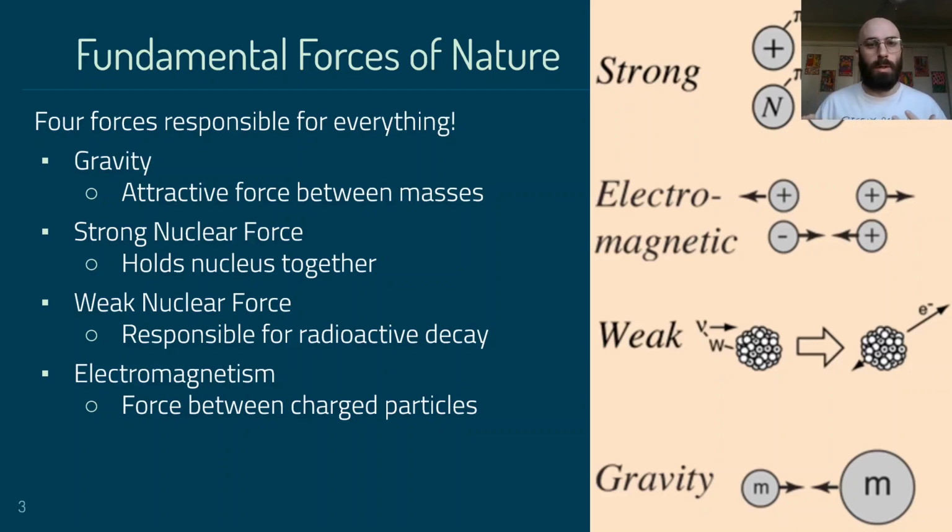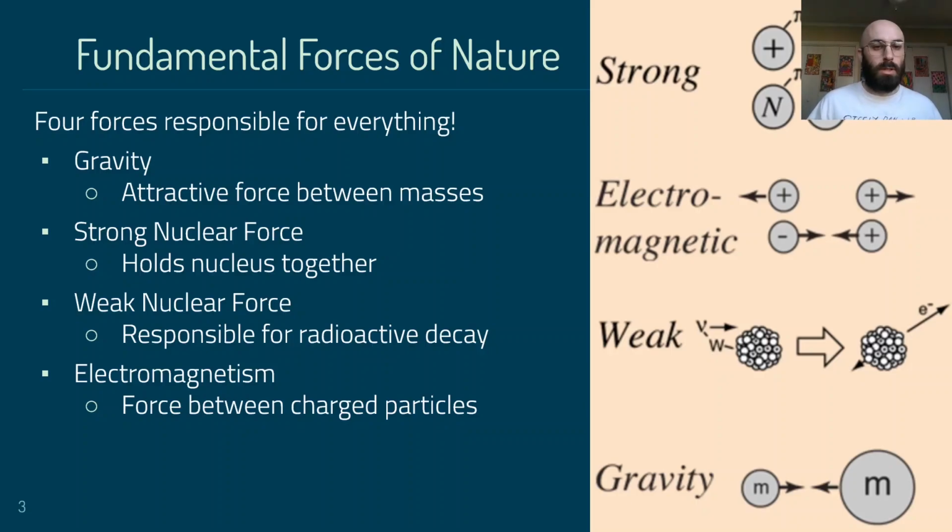These are the four fundamental forces of nature that are responsible for every action that happens anywhere in the universe. They're gravity, the strong nuclear force, the weak nuclear force, and electromagnetism, which is what we're interested in. But just to give a brief overview of all of them, gravity is basically that attractive force between two masses, right? So if I'm holding a pencil here, it falls down to the earth because the earth is pulling down on the pencil. But the pencil is also pulling up on the earth itself, but it has such a small mass that it's